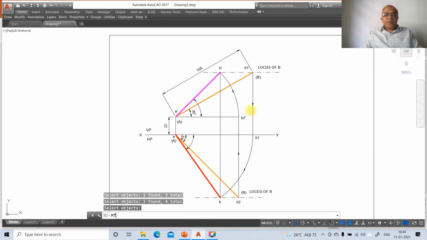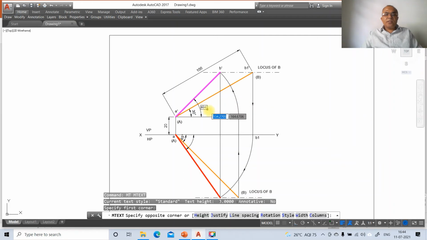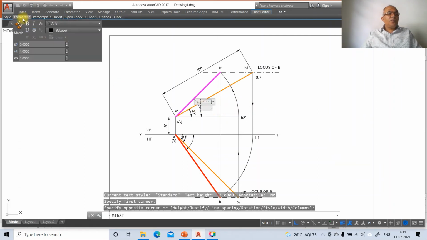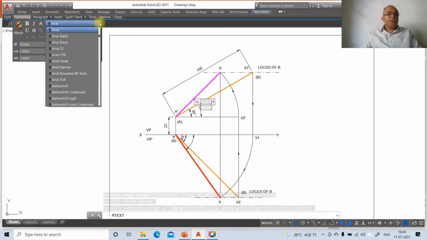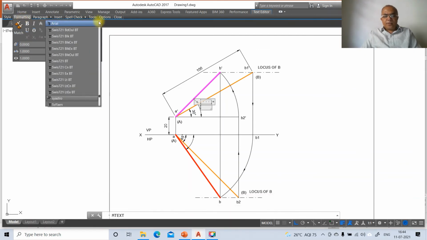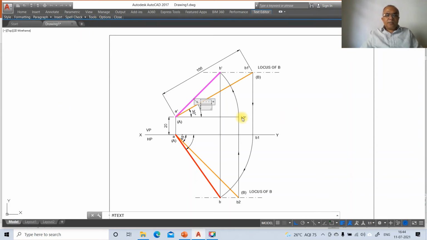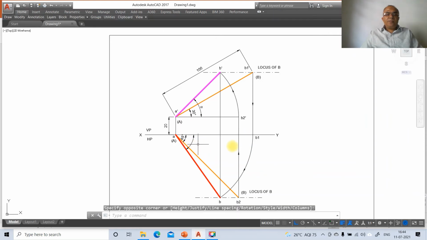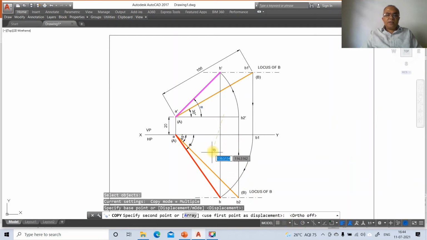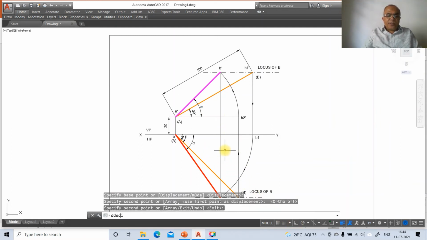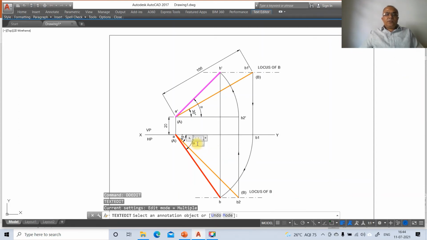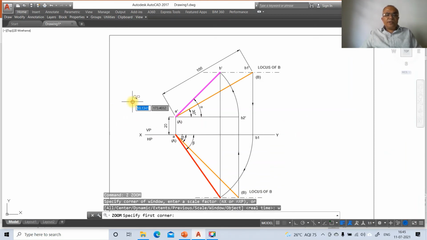So go to mtext. So here you just take it down as a box, then you come down to formatting, go to symbol, SYMB, symbol. So you type small letter A, and here you just go to copy, select this, and you copy this here, and then you just edit this. Now go to DD edit, go to this, and you write small letter B, which is going to become beta. Now you just come down to zoom window.